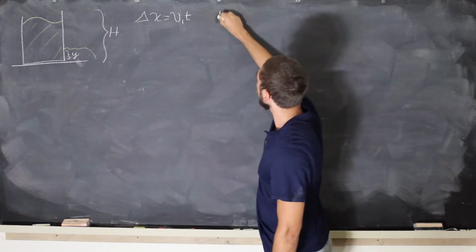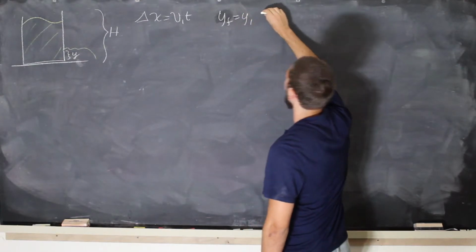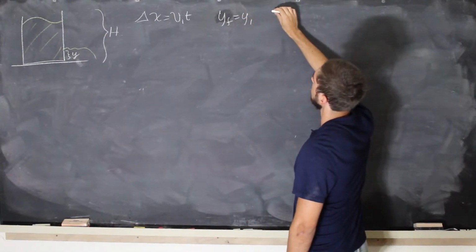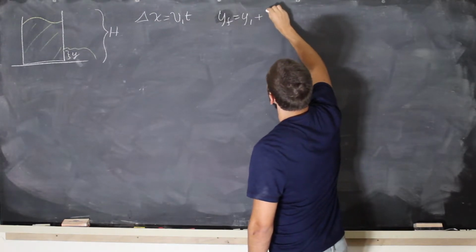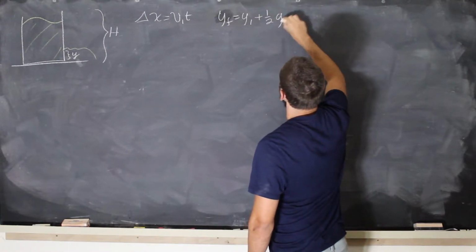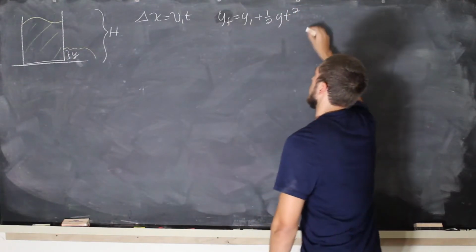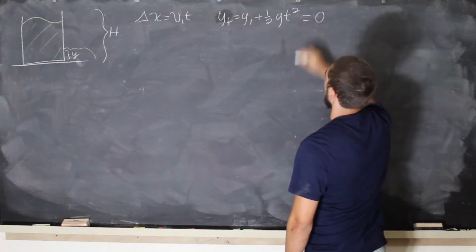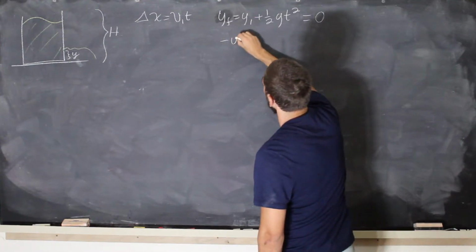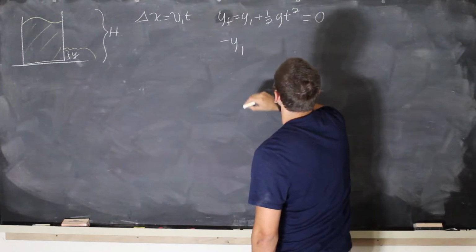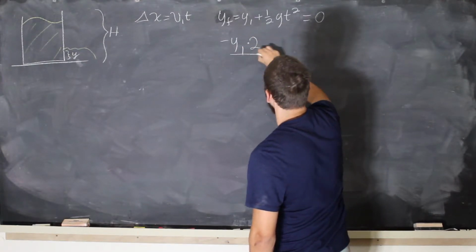So we have y final equals y initial, and there's no velocity initial, so we're just going to do plus 1/2 g t squared. And of course, y final is equal to 0, and we want to solve for t. So we're going to do negative y initial times 2 over g